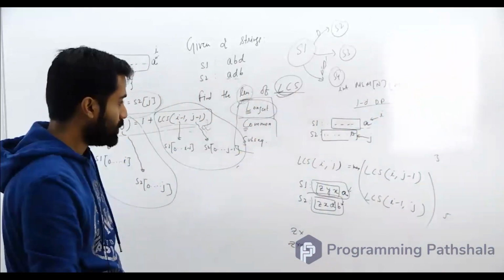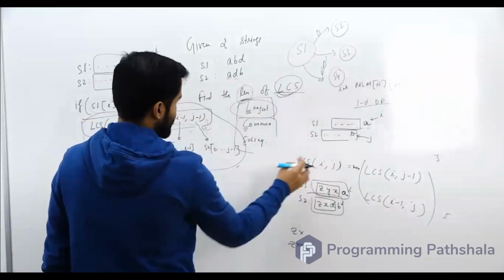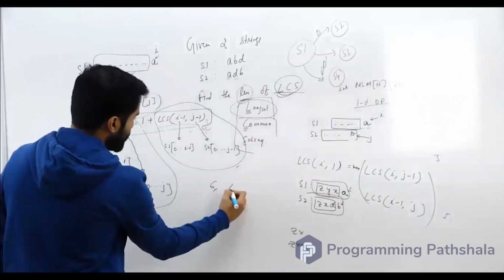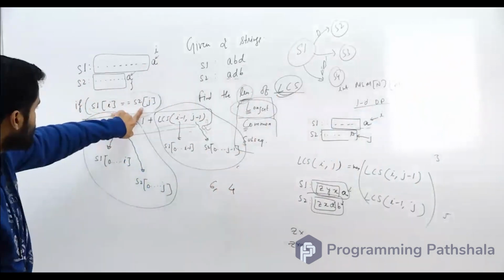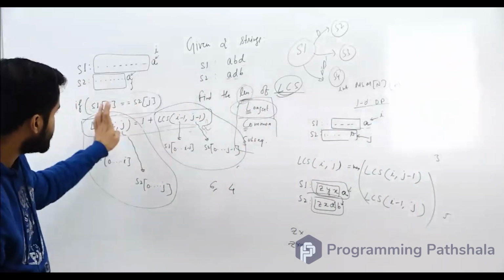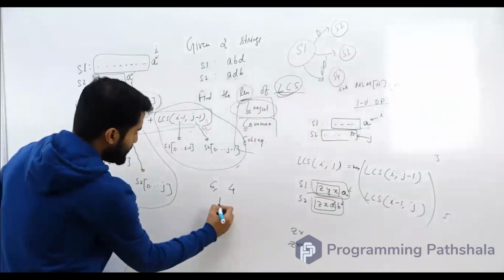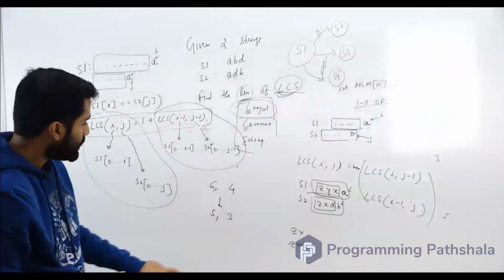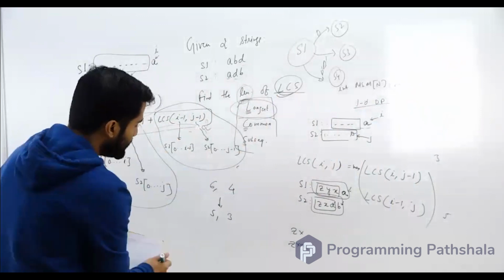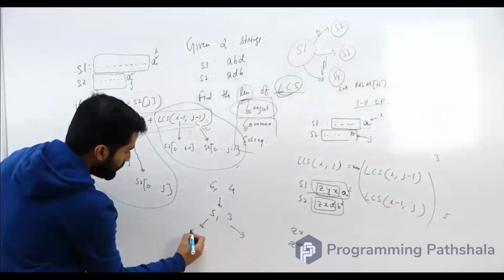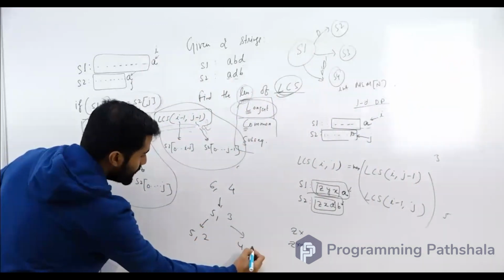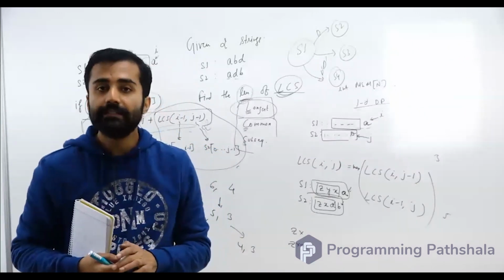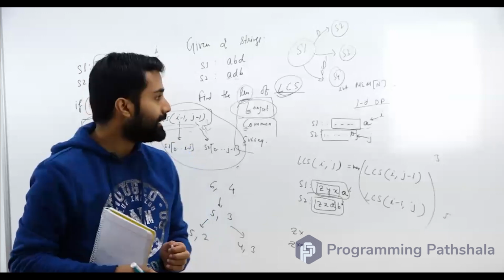Now, how are your I and j changing? So let's say the size of this string was 6 and the size of the other string was 4. Now, if this condition is true, let's say for the last indices, then it will change to 5 comma 3. Your I comma j becomes I minus 1, j minus 1. And let's say now, if at 5 comma 3 this condition is not true, then there will be two calls happening, like 5 comma 2 and 4 comma 3. But you will see that the values of I and j are reducing over time. When they are reducing over time, eventually it can happen that your I